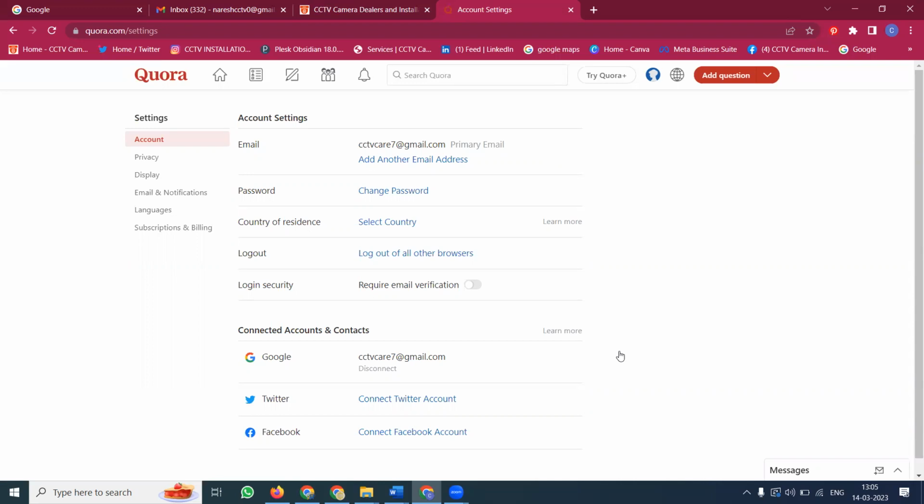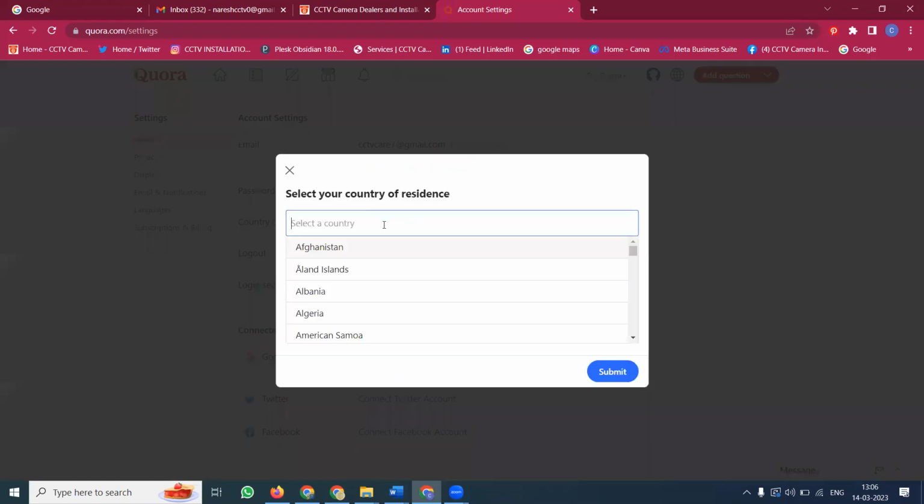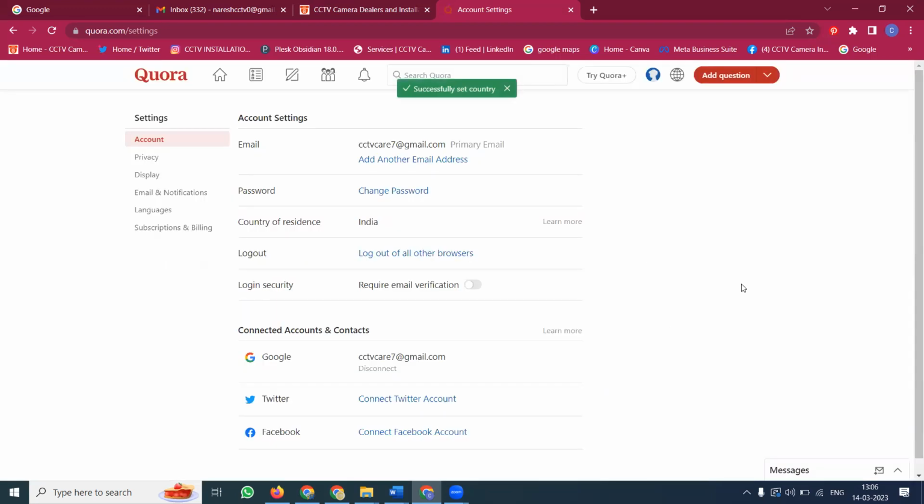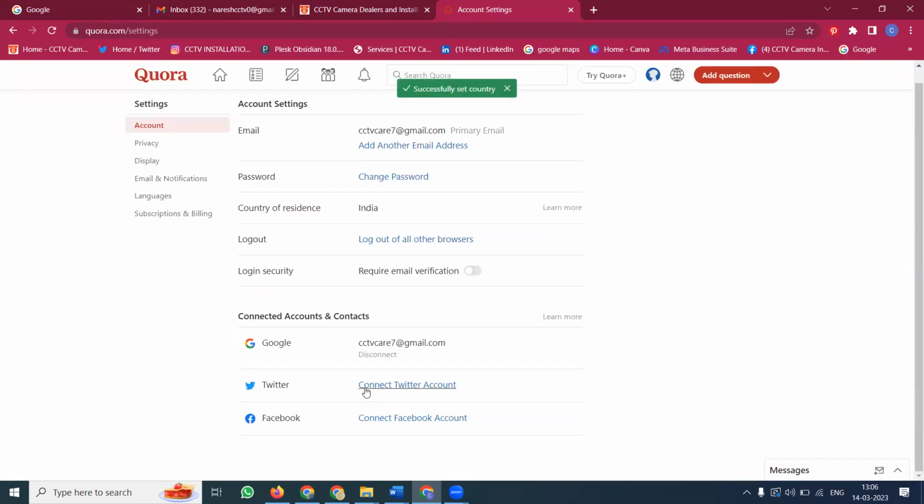Why? Because in your settings option, we can add your name and description with the link. Everything should be properly suitable. Change password, select city, whichever city you are available in. The city you can mention will be here. Not India. Done. So they will not have access to Hyderabad, so you can give the India option. After that, you can connect first with Twitter and Facebook.